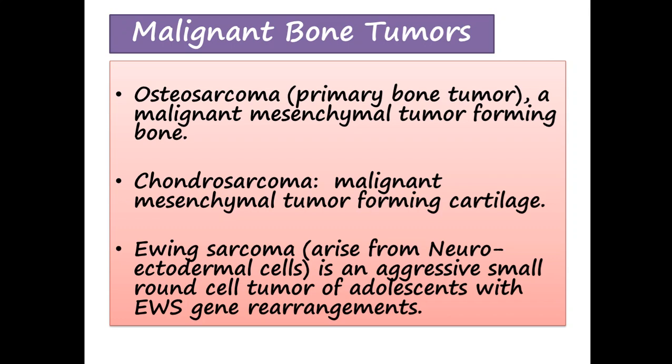The second most common tumor is the chondrosarcoma. By chondro we mean that this tumor will form cartilage. And this is the second most common malignant mesenchymal tumor, which will form the cartilage. The third malignant tumor is known as the Ewing sarcoma. And as we know, this tumor arises from the neuroectodermal cells